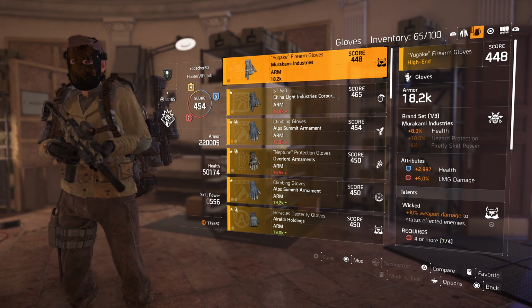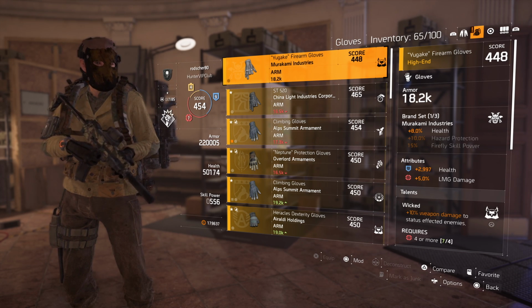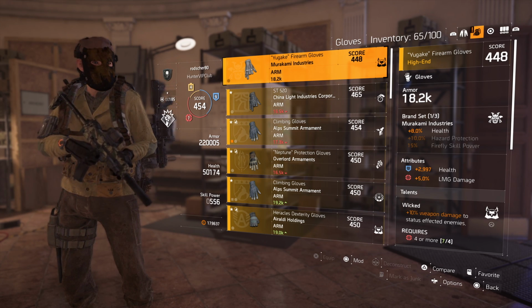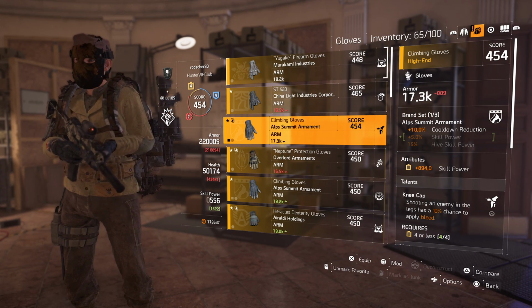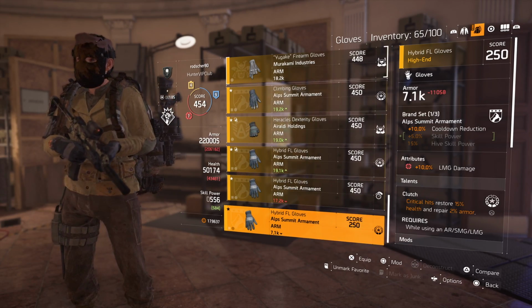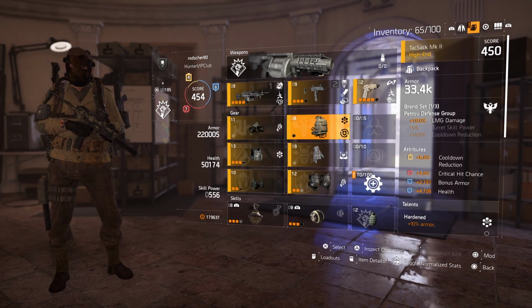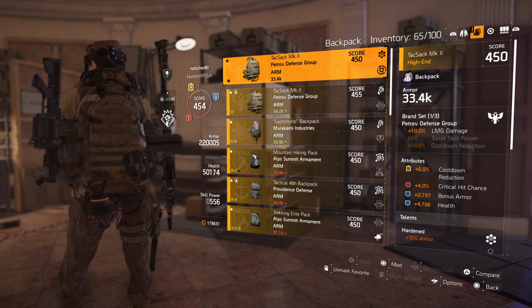And Murakami, I don't know, it's not really the one I would use, but it's just the one I got with the best stats. And for sure to have a little bit more health, it's not a wrong decision in my opinion. But I could go for this one here as well. But the skill power is not really important, let's be honest. And the other stuff I get, it's just the best gloves I have at the moment. That's what I said before. It's really hard to get the right gear pieces, and that's why you have to use your brain to create your own build. The last single piece is the backpack Petrov, and if you have the Demolitionist, then you need to have at least one piece of Petrov defense group,